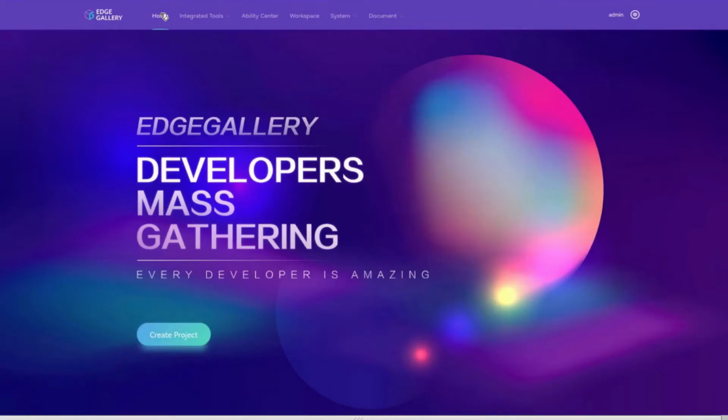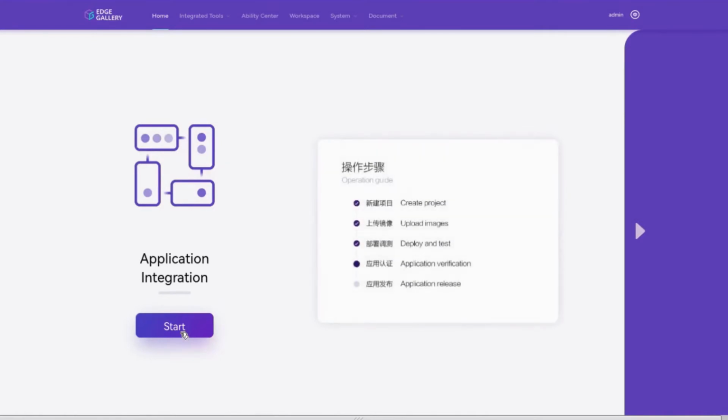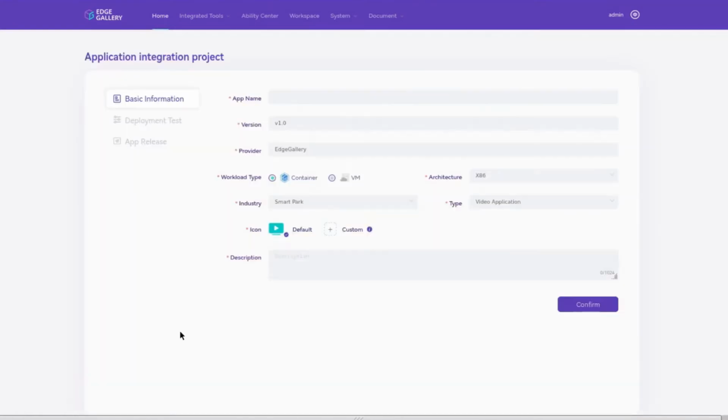This is a developer platform portal. To start with an application integration or development, user needs to create a new project. For integrating application, user needs to start an application integration workflow. Basic information about an application needs to be provided, including application name, version, application provider, workload type which could either be a container or a VM, architecture which could be x86 or ARM,